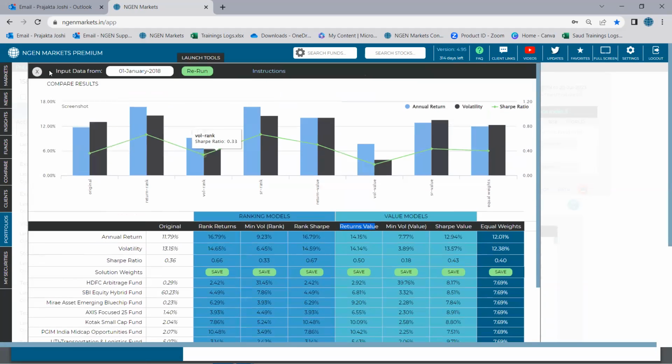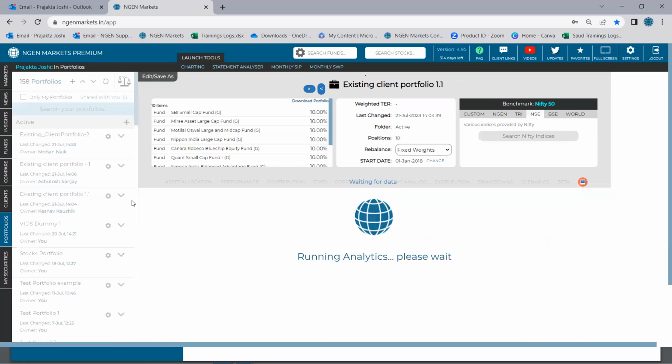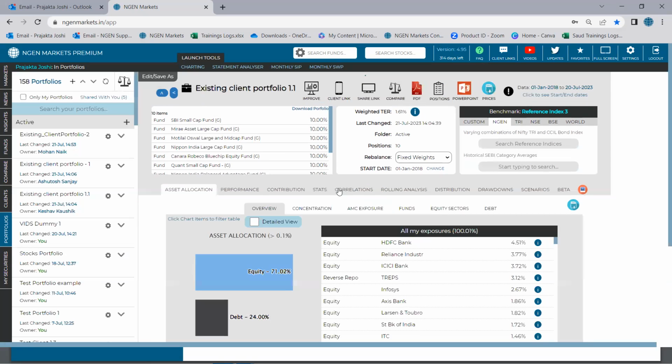So now let me load in one more portfolio and compare two portfolios side by side, which is ultimately what we are trying to do today. For that, I'm loading in one of the existing clients' portfolios. I click on the drop down, I click on run. When I click on run, the entire detailed portfolio analytics will get run. But today what we are trying to address is how to compare two portfolios. So as you can see here,